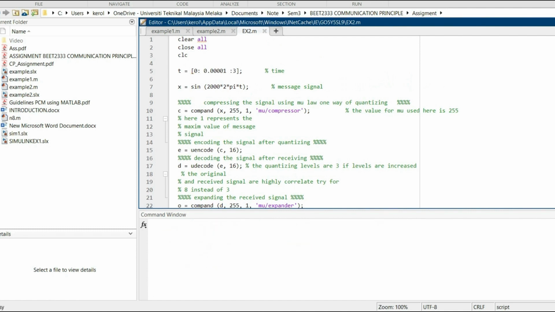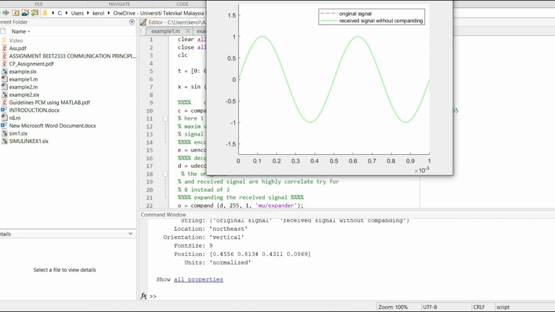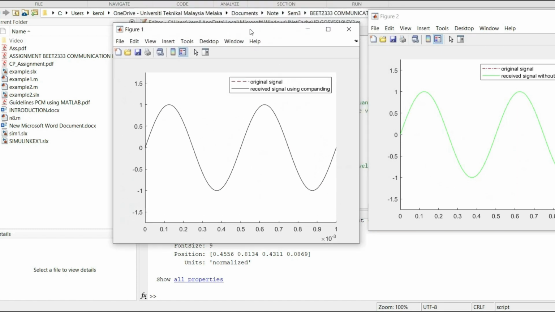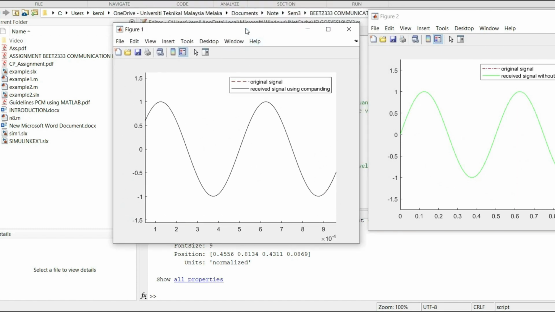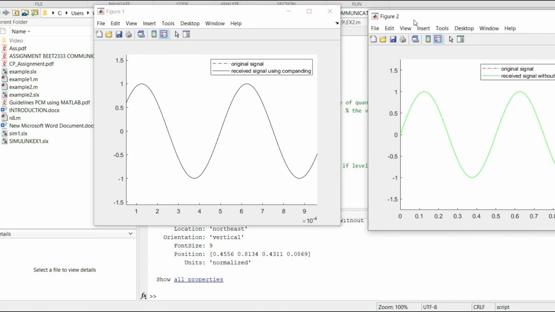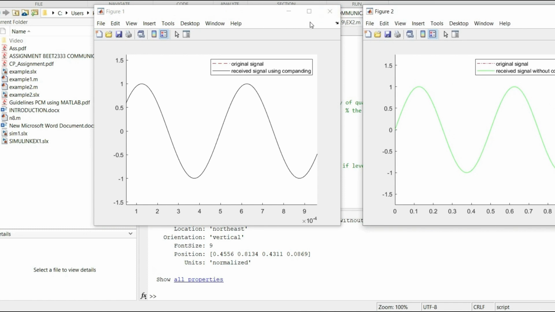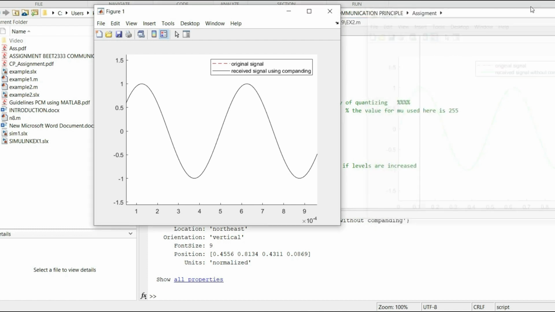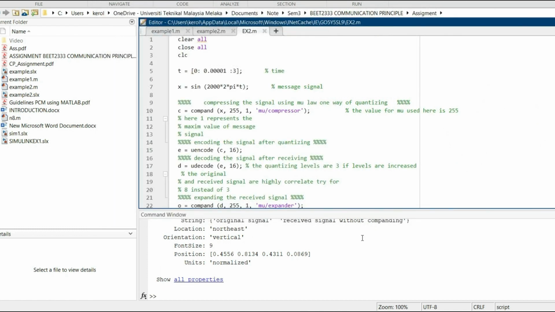Then run. Okay, this is the output for n equal to 16. And then for question 2, the calculation for SQNR,